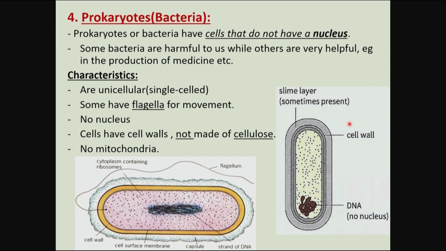kingdom is the prokaryotes. These are the bacteria. Now, why do we call them prokaryotes? Prokaryotes are cells which do not have a nucleus. They don't have a nucleus, not like other cells, like our body cells, most of which have a nucleus. Okay, the prokaryotes, like the bacteria, their cells do not have a nucleus. Okay, so where do they keep their DNA and RNA molecules? You just find the DNA and RNA molecules floating inside their cytoplasm. Okay, and